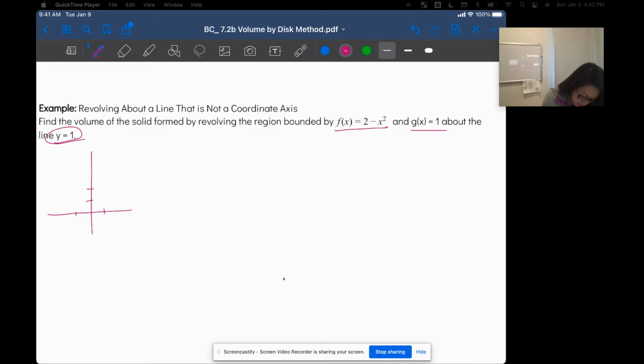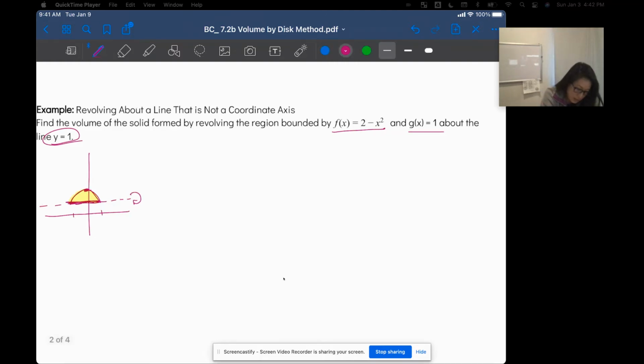A negative parabola. So over 1, down 1. And y is equal to 1 is another place that we are bounded. And then we are also revolving around y is equal to 1. So I'm only spinning around this little hill right here, this little yellow hill. Okay, so when I spin this,